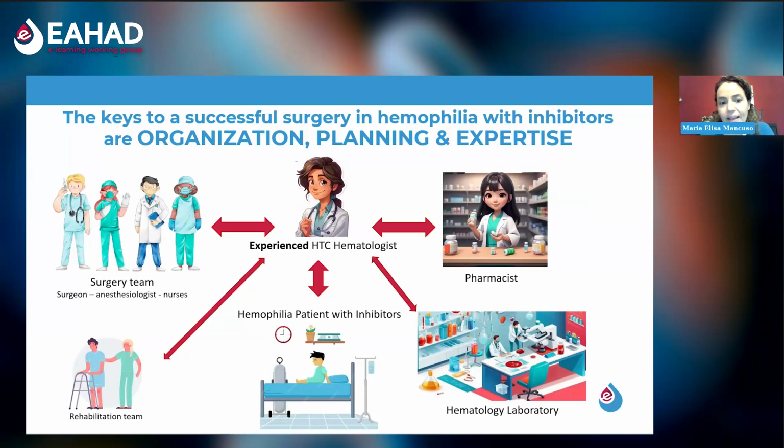So the key figures to successfully manage surgery in hemophilia patients overall, and especially in patients with inhibitors, are represented in this slide. As you can see, we are talking about teamwork, and we always mention that a multidisciplinary approach is the best way to manage patients with hemophilia, and this is particularly true in the management of surgery. What is important for surgery is a good organization and, if possible, a plan of what is needed to perform a successful surgery. Here you can see that the hematologist is put in the middle of the figure, not because of importance, but because we have to acknowledge that most of the time the hematologist has a role of coordination